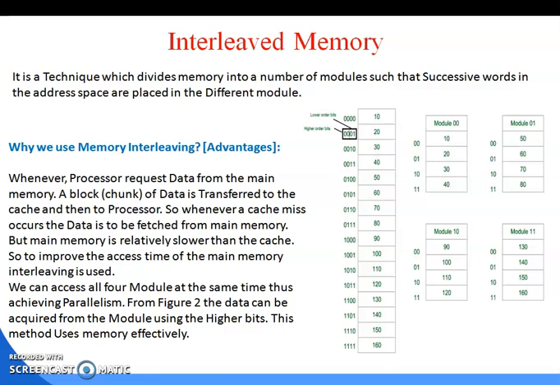And that is why we study interleaving. Interleaving is a concept of the main memory. When the processor accesses data, it is fetched from the cache and then automatically from the main memory. But main memory is slower than the cache memory, or you can say it is unable to produce the data at the speed of the processor. That's why the interleaving concept is used, because through interleaving the accessing speed of the main memory will be increased.